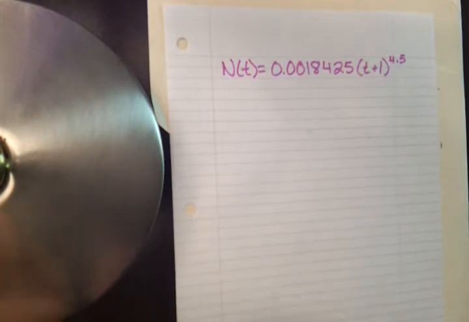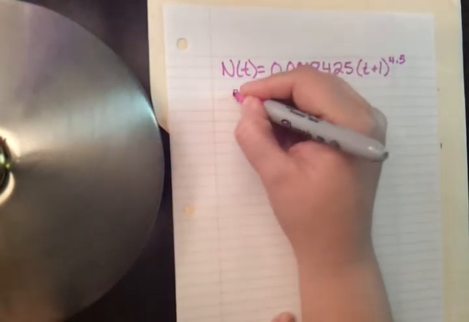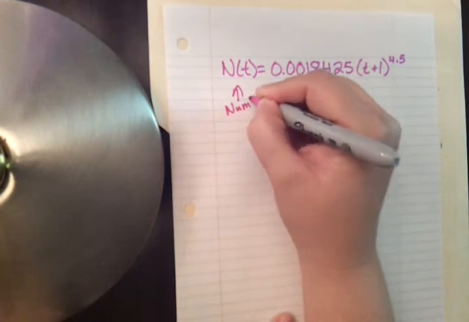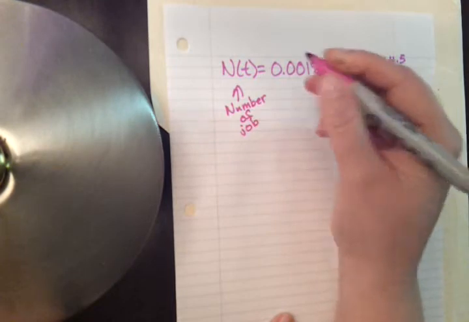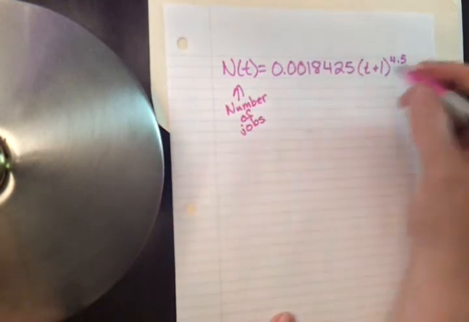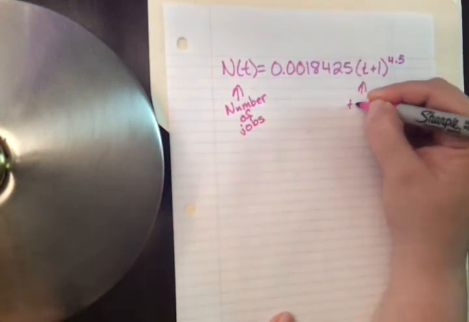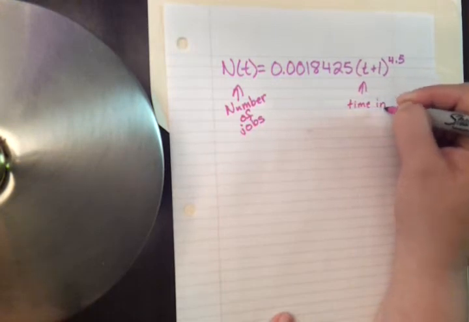The question says that according to a study conducted in 2003, the total number of U.S. jobs that are projected to leave the country by year t, where t equals 0 corresponds to the year 2000, is represented by the following function where n of t is measured in millions. So this here is the number of jobs that are leaving the country. And this is time in years